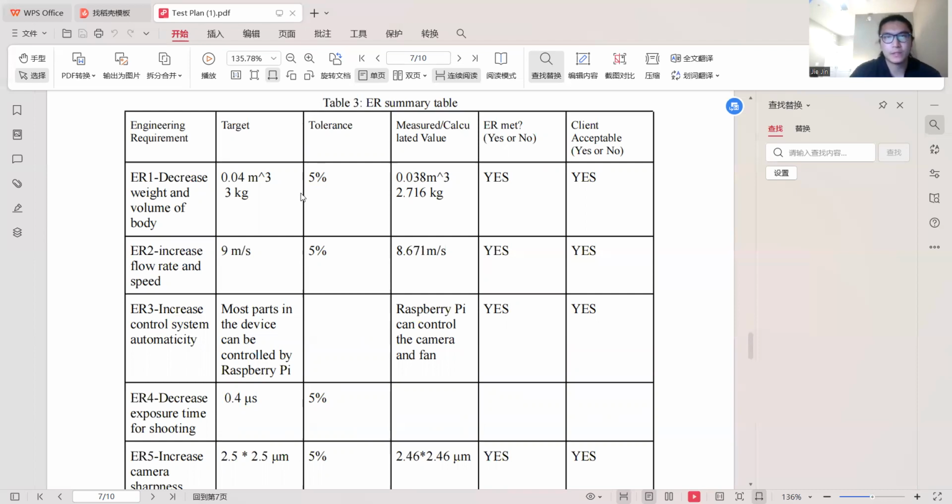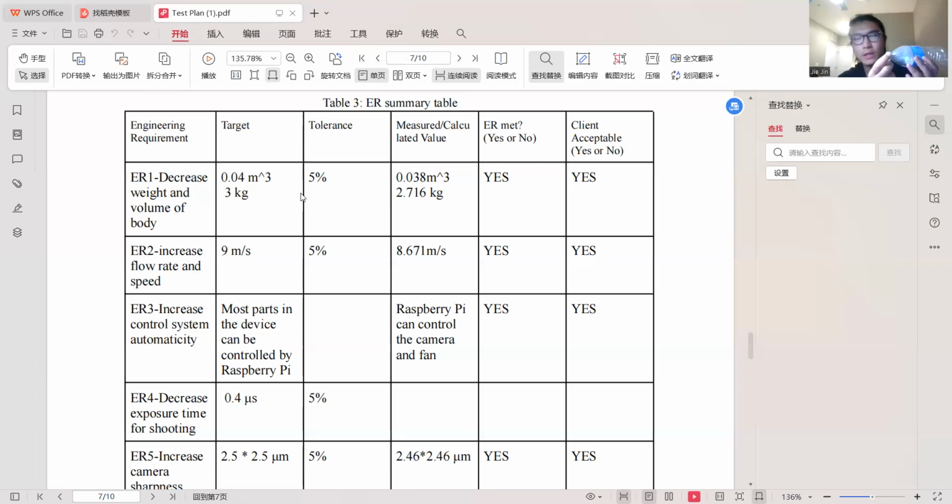So the result is the volume is 0.038 cubic meters and the weight is 2.716 kilograms. It's pretty good. For the second requirement, we have to increase flow rate and speed. What we did was just use a wind speed gauge. For example, this one is the channel connected with a vacuum. We just put the gauge at the entrance of the channel